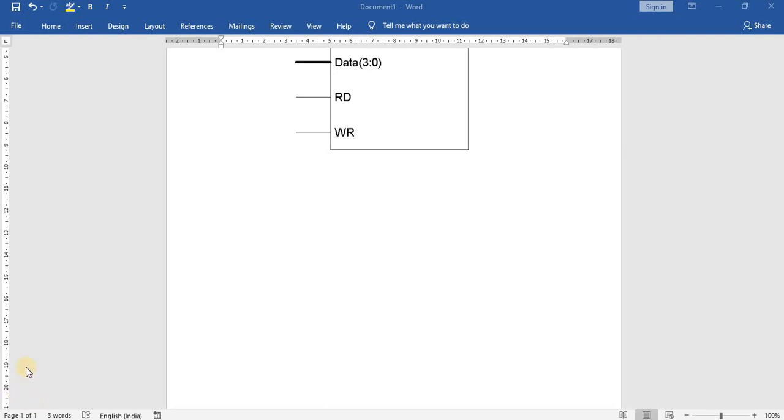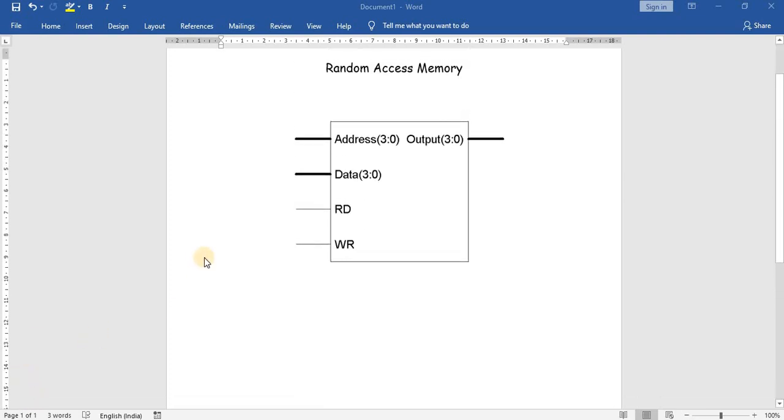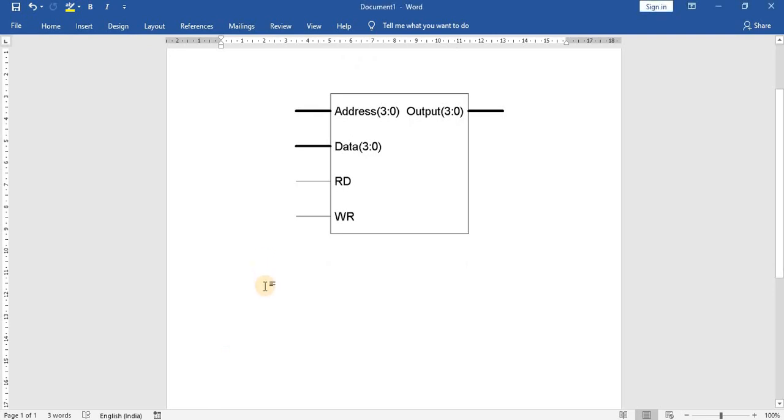Hello everyone. In this video we will see how to design a random access memory in Verilog language. Basically for a RAM memory we can do the operation of both read and write. So for write operation we can take a new data and then we can store in an address, and then for read operation we can read a data from an address and then we can see it in the output side. So for this logic we should write a program. Let us start writing a program.